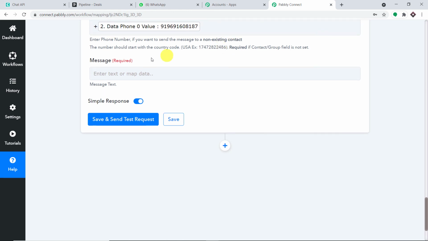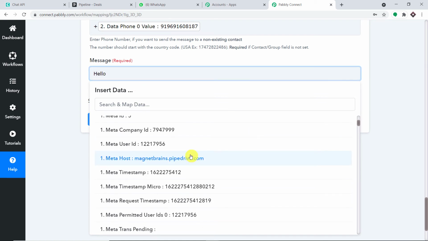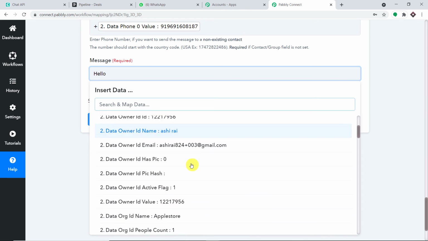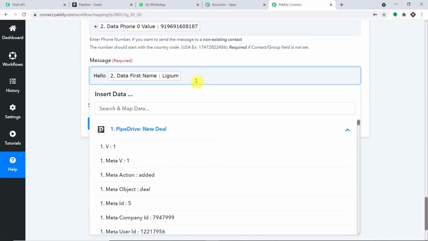Okay, so now we are just going to build up the message. The message would be something like hello, and let me just add the first name. The first name can be figured out again from the second accordion. Okay, hello Lygium. Thanks for the deal.